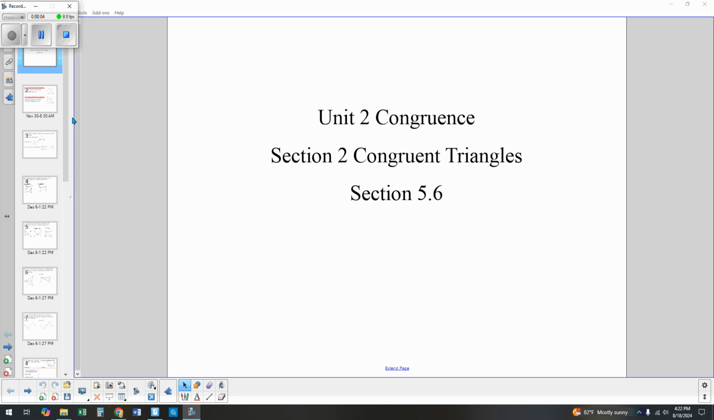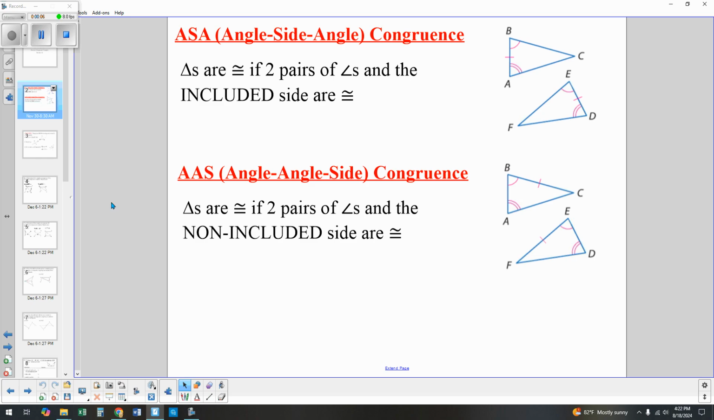This is lesson 5.6. These are the final two methods for proving that triangles are congruent, and they're the ones that are more angle dominant. So we have angle, side, angle, and angle, angle, side. So both of them have the same information, but here, when I have my two angles,